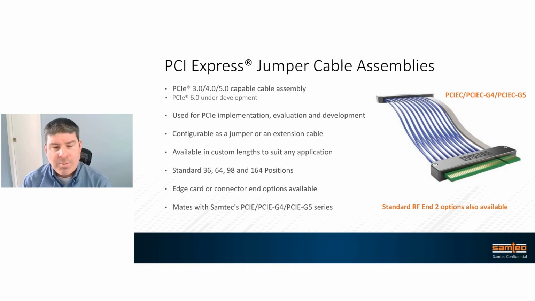So using these jumper cables is a great way to isolate the AI acceleration platform from the motherboard, if you will. And that's very viable. We get tons of requests for these types of solutions. And as PCI 5 is now native in a number of compute solutions available on the market, PCI 6 is going to become natively available in the near term. And as PCI Express implementers, especially in AI applications, start to use the interface, these type of prototyping tools, these type of development and evaluation tools are pertinent.